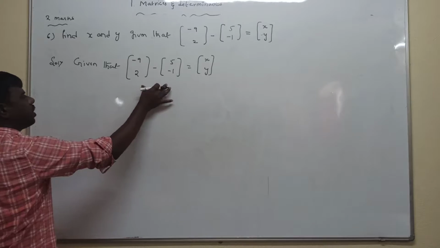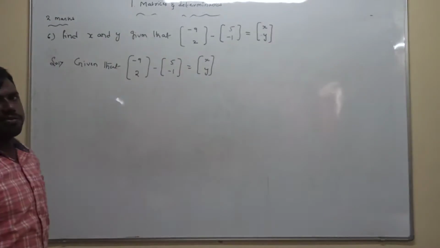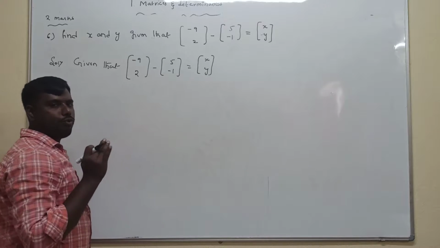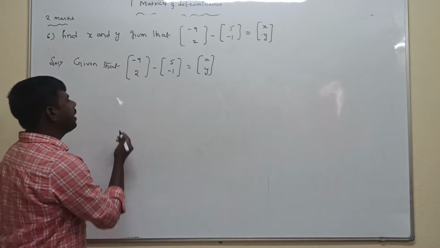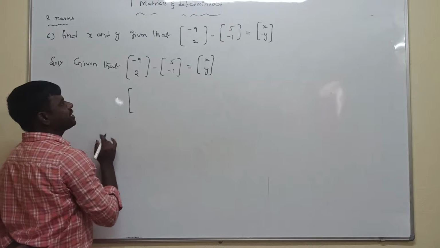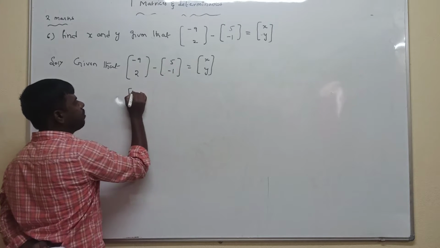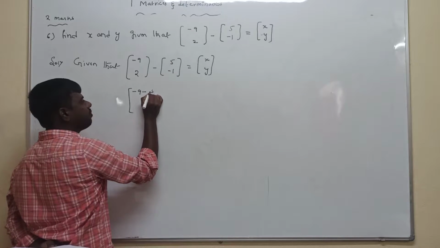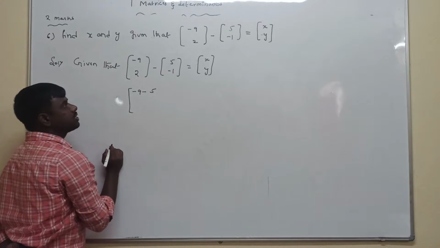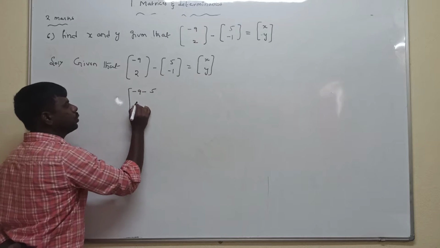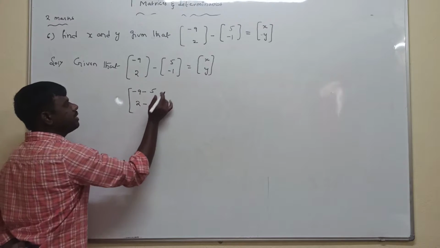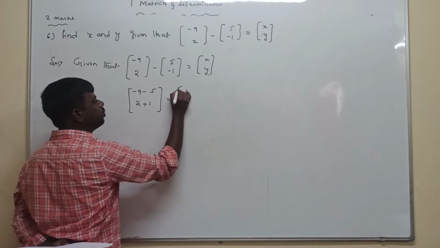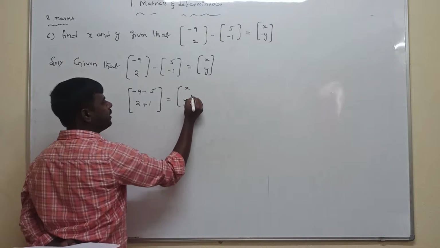So now first we have to simplify the left hand side matrix. The given symbol is negative, that's why we are subtracting corresponding elements. Means first element minus first element. Here minus 9, the given symbol is negative, second minus first element is 5. Next we go to the second row first element. What is there here? 2. The symbol given is negative. Here the element is minus 1. Minus of minus is plus 1, is equal to x, y.